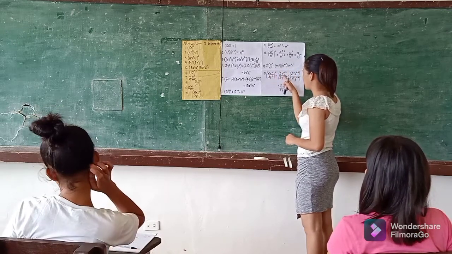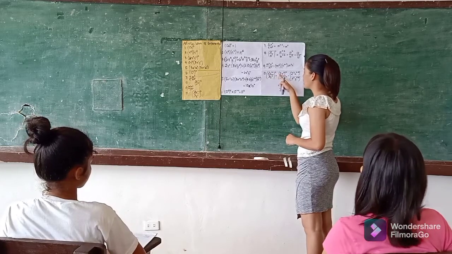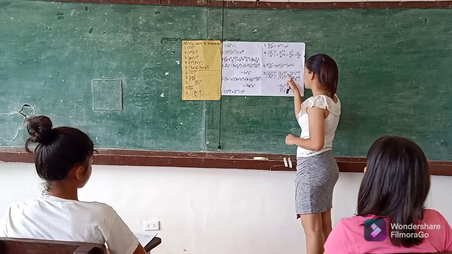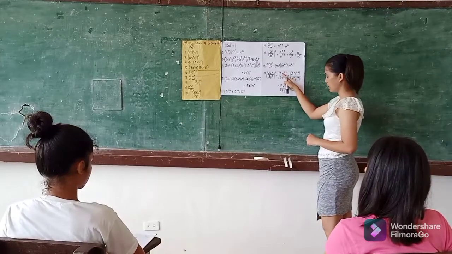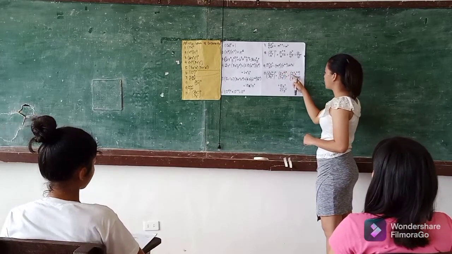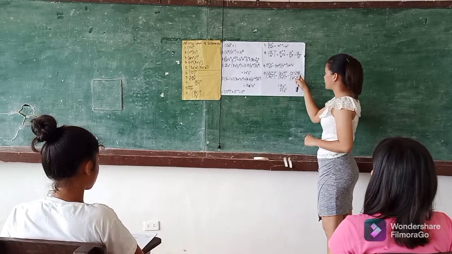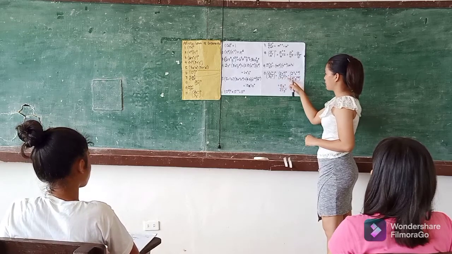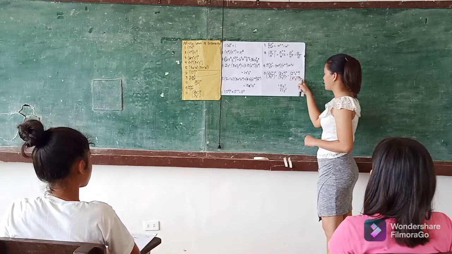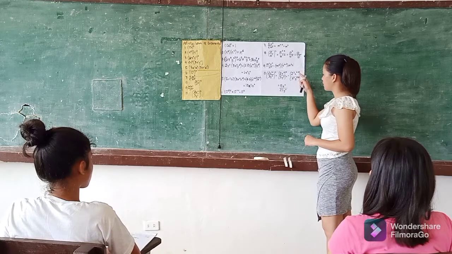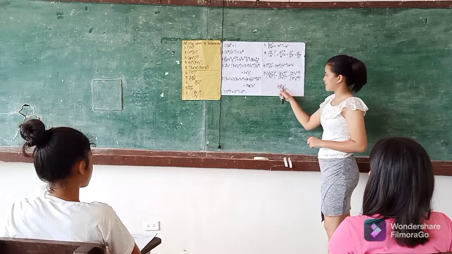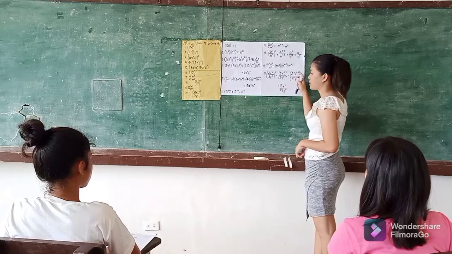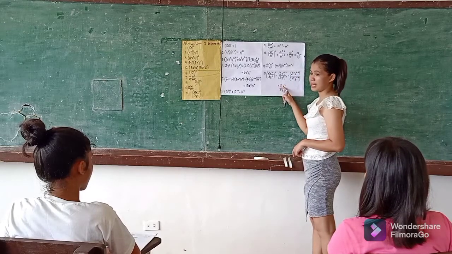So, let's simplify this expression. 2x cubed raised to 3 all over 3y squared raised to 3 is equals to, i-distribute natin yung ating exponent. So, 2 raised to 3 tapos x cubed times 3. Then, dito din, i-distribute din natin. So, 3 raised to 3, then y raised to 2 times 3. So, simplify this, then we're going to get this answer. So, 2 times 2 times 2 is equals to 8. X, 3 times 3 is equals to 9. So, 8x raised to